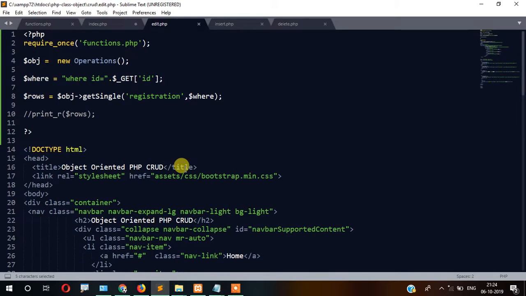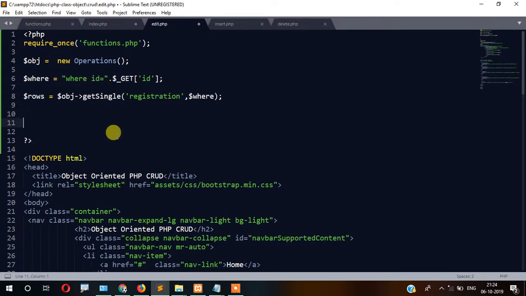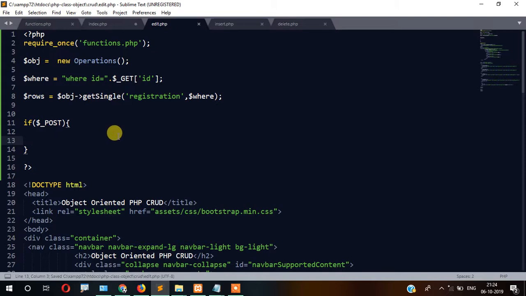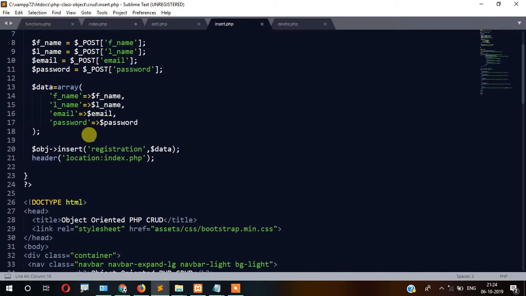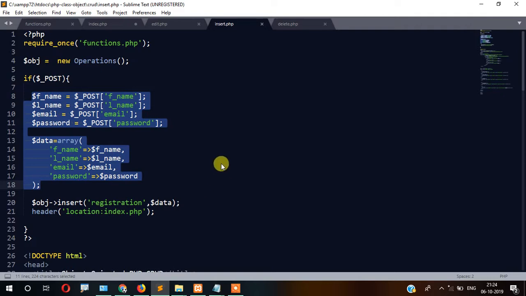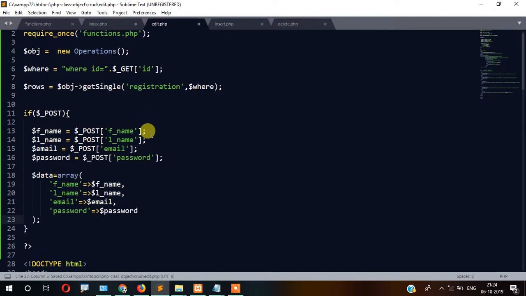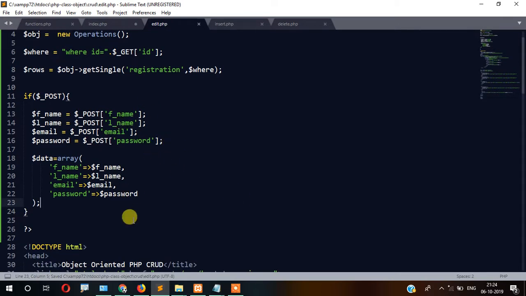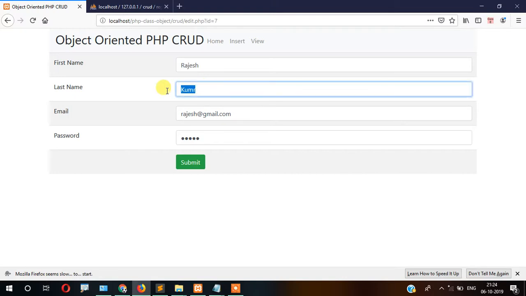So now here you will have to write in the edit section, if $_POST, and then we need to write code here. Basically the code will be this one. We need to take this record, so let's copy it, the complete record, and then in the edit section let's paste it here. So what will happen when we press the edit button? For example, here Kumar is a mistake. So I write here Kumar,